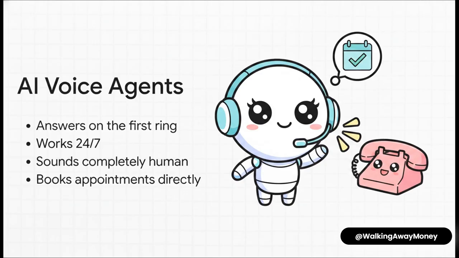I mean, think about your local dentist. Every single time they miss a call because the receptionist is busy with a patient, they're losing hundreds of dollars. You come in, you set up an AI agent using a tool like Vappy, and suddenly they have a superhuman employee that never sleeps and books appointments straight into their calendar. Once a business stops missing those expensive calls, there is no way they're ever canceling your service.